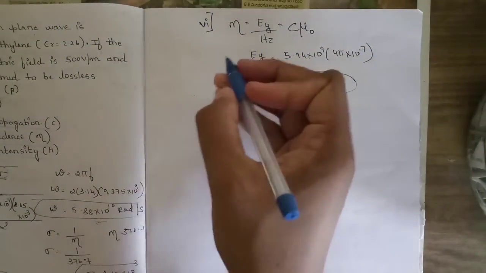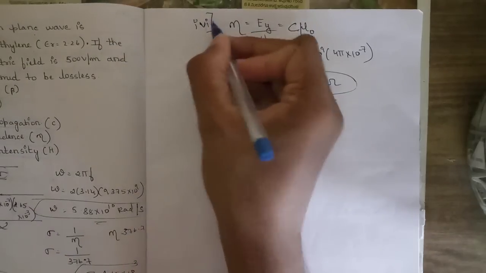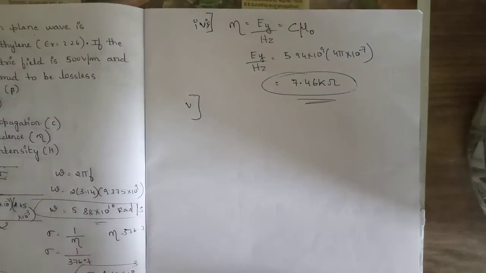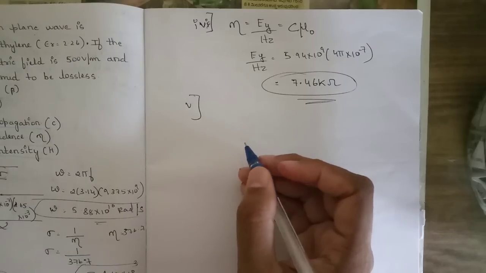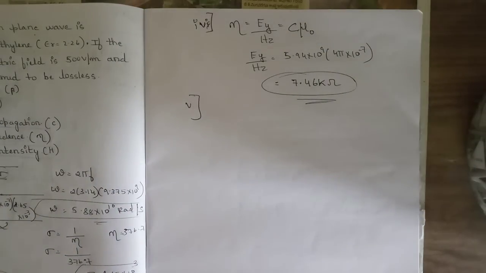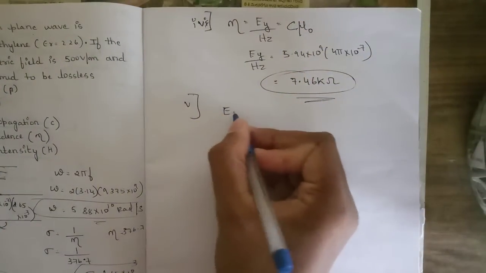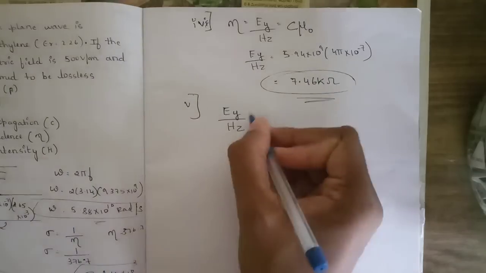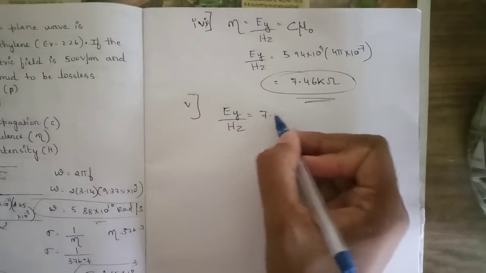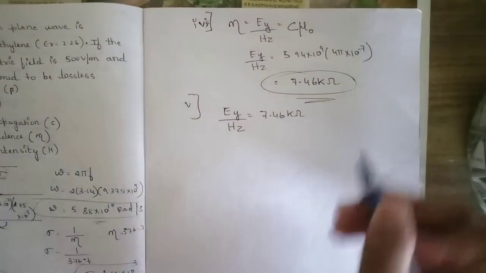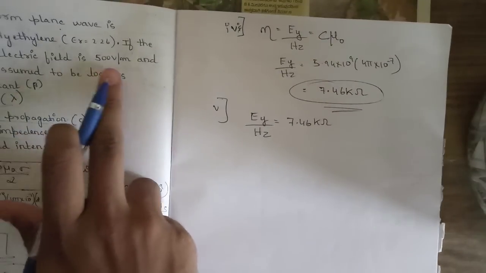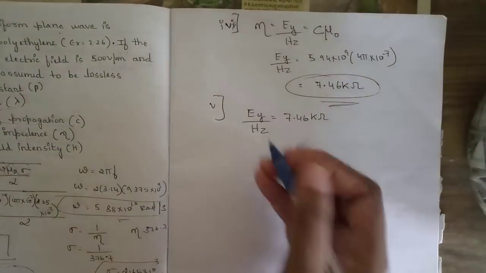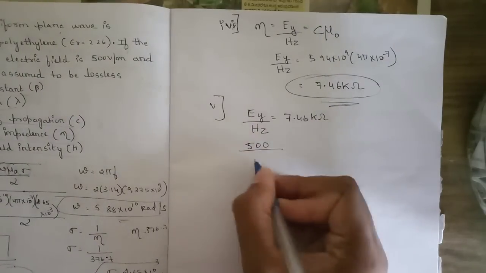So similarly, the next sub question is to find the magnetic field intensity, that is H. Okay, so we have one relation between Ey and Hz, that is Ey by Hz is equal to, just now we have got it as 7.46 kilo ohms, right? But in the question they have mentioned the amplitude of electric field as 500 volts per meter. So that's why 500 by Hz is equal to